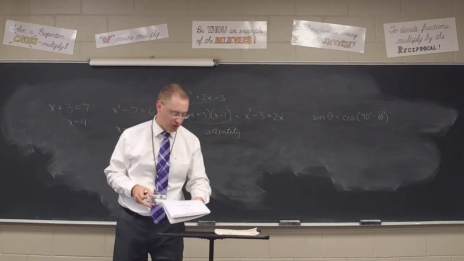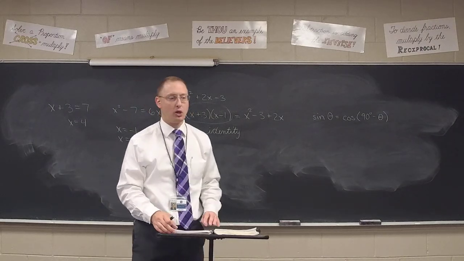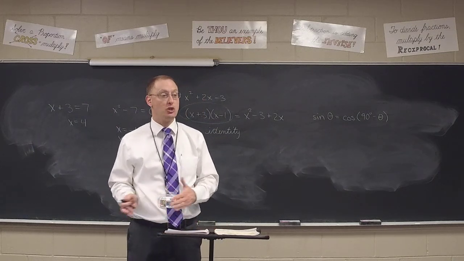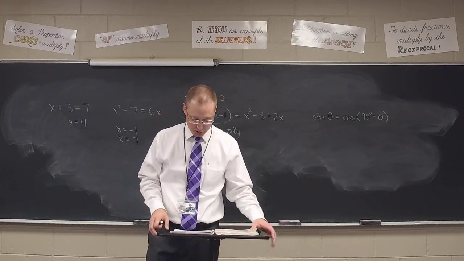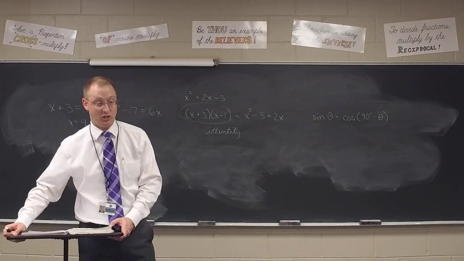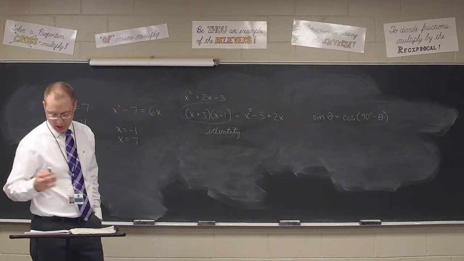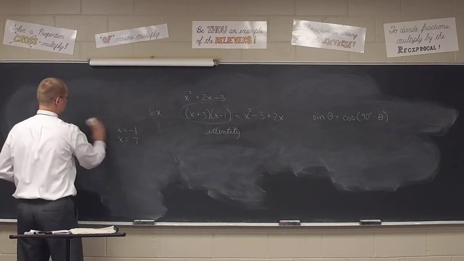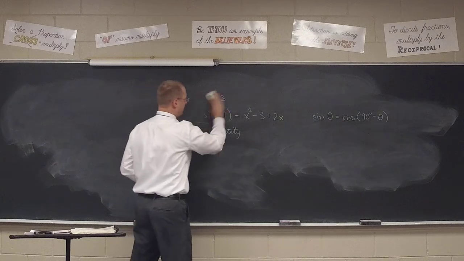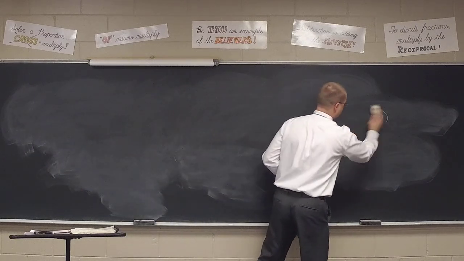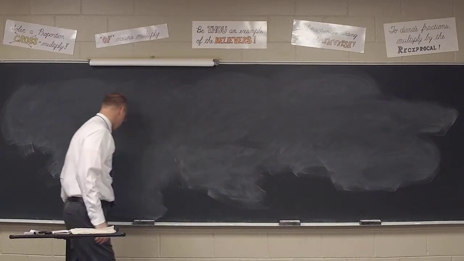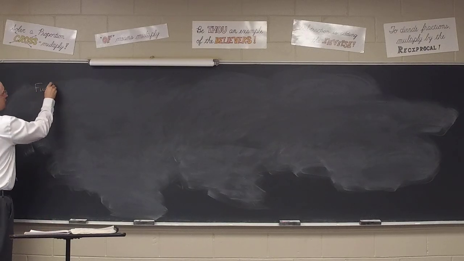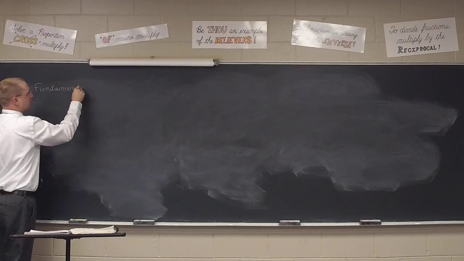Well, we're going to, in this chapter, chapter 6, begin looking at different types of identities that we're going to memorize and use to continue the logical development that we began in geometry last year. Several types of what I call the fundamental trig identities. We're going to talk about several different ones, but some of them are very basic and very fundamental, foundational really to the study of trigonometry. The first group are some that you should already have memorized. So underneath this heading in your notes, fundamental trig identities,